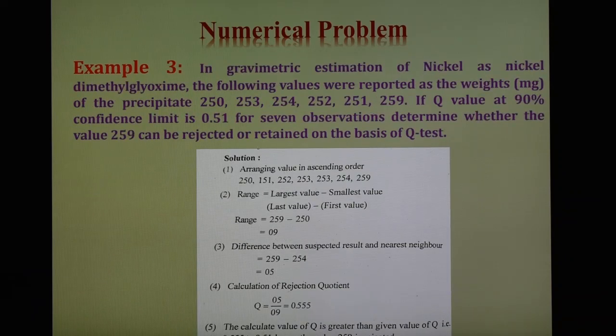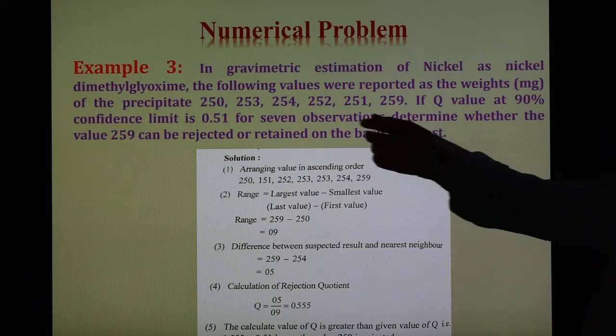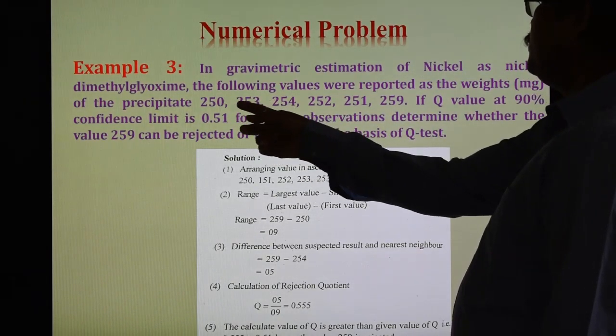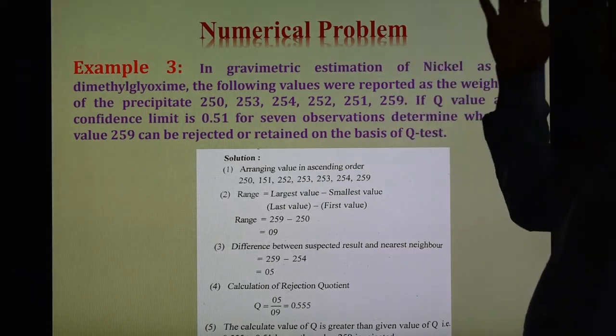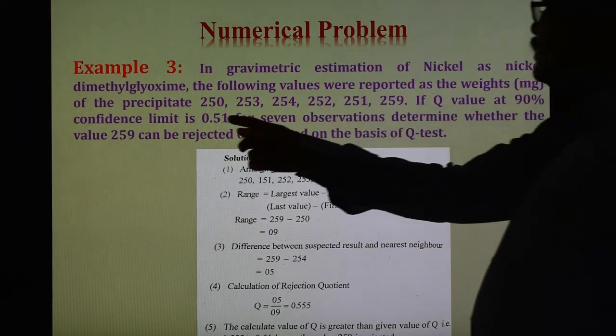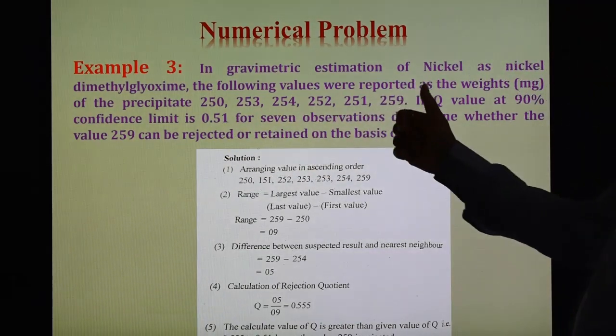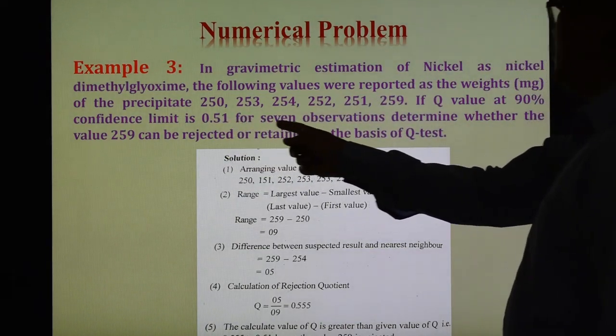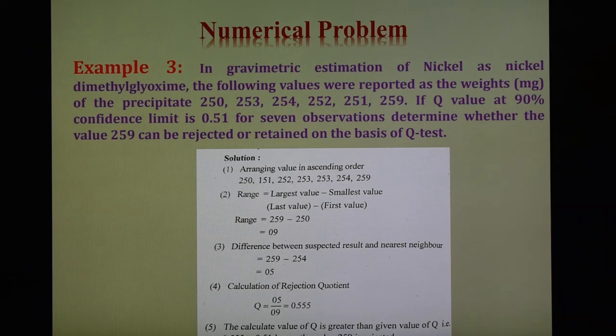And another example, example 3. In this case, in gravimetric estimation of nickel as nickel dimethylglyoxime, the following values were reported as the weight in milligrams of the precipitate: 250, 253, and so on; six values are there. If the Q value at 90% confidence limit is 0.51 for the 7 observations, Q value is given for 7 observations. 7 observations are there,